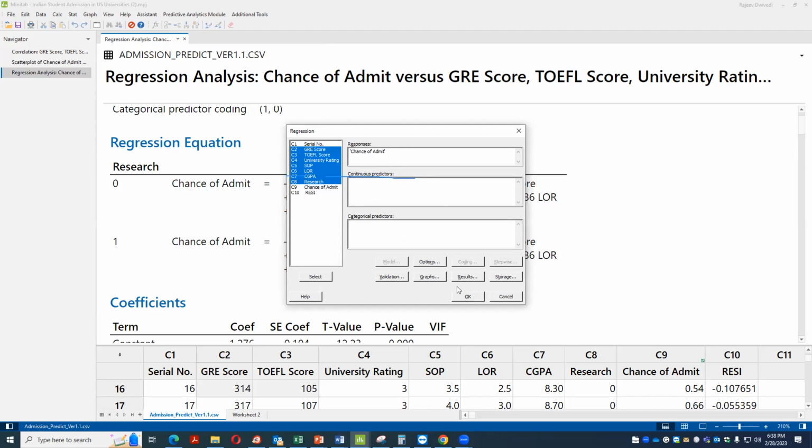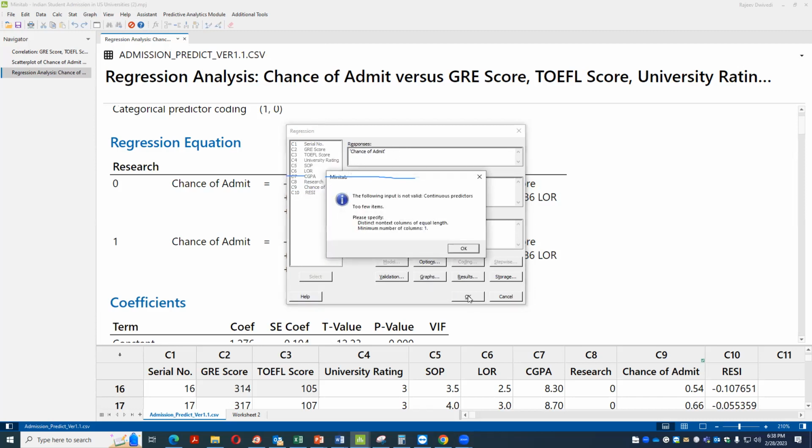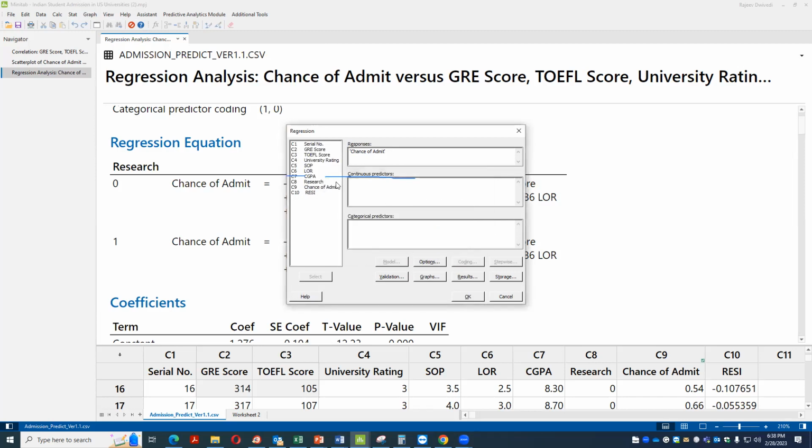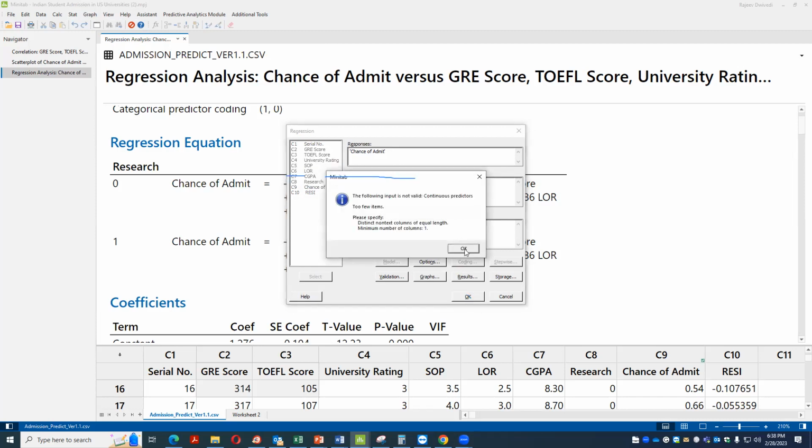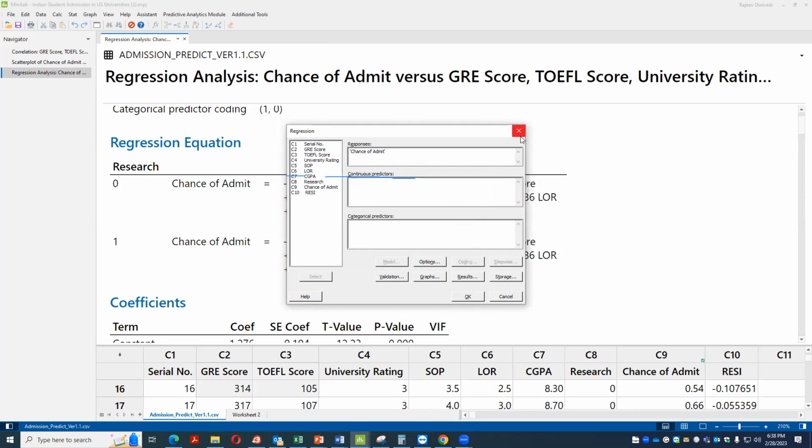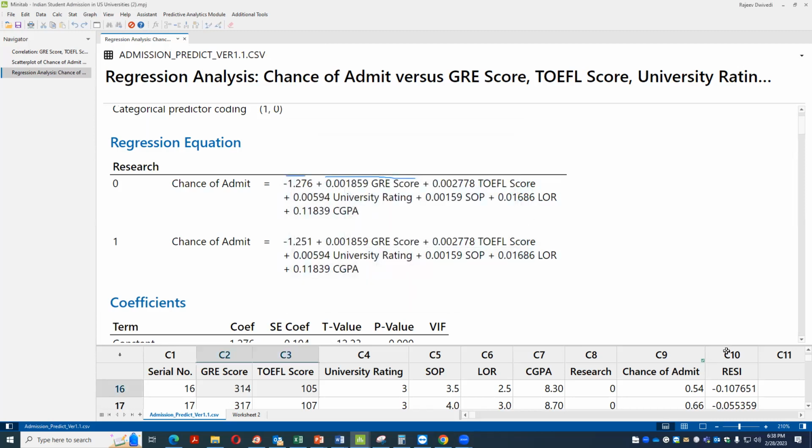Okay, I got it. And I think something is wrong. So I'm just going to, okay, so